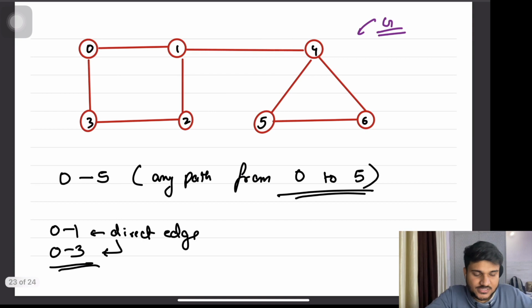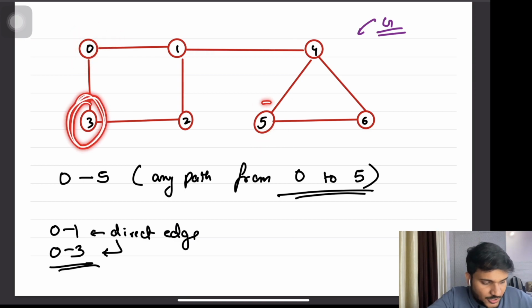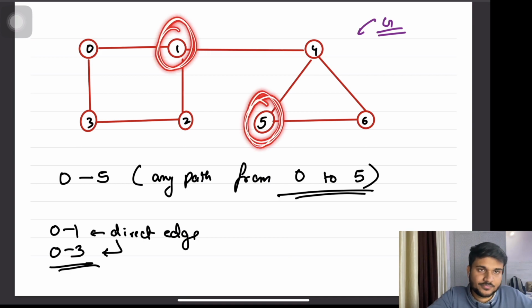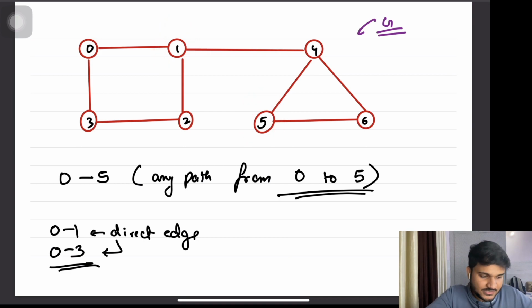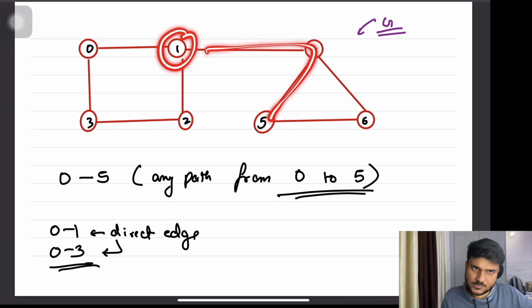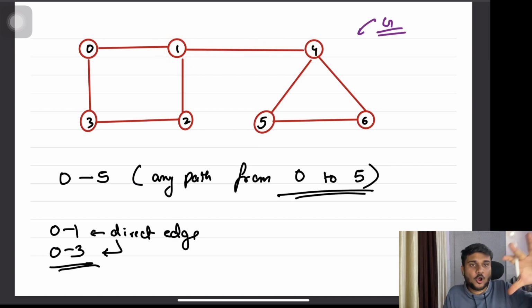So see, what depth first search says is that this was our bigger problem, to search a path from 0 to 5. The smaller problems are to search a path from 3 to 5 and to search a path from 1 to 5. Now what depth first search says is that you are going to first go to any one of the sub problems. So let's say 1 to 5 was one such sub problem. You are going to explore that sub problem completely. Then you will come back when you have explored it completely, like you know the decision whether there is a path from 1 to 5 or not. If you know this decision, only then you will come back and search for a path from 3 to 5, if there exists a path from 3 to 5 or not.